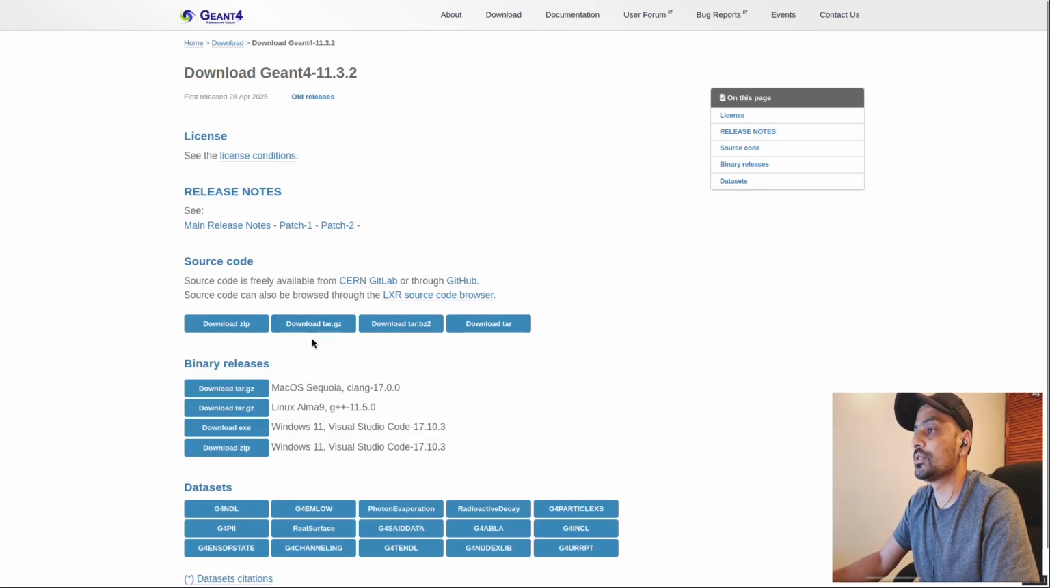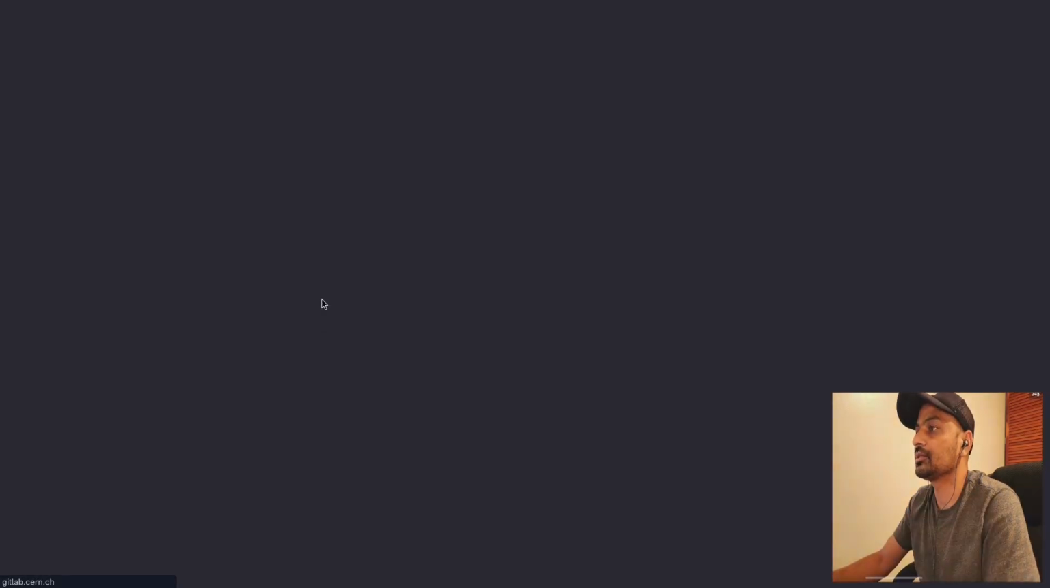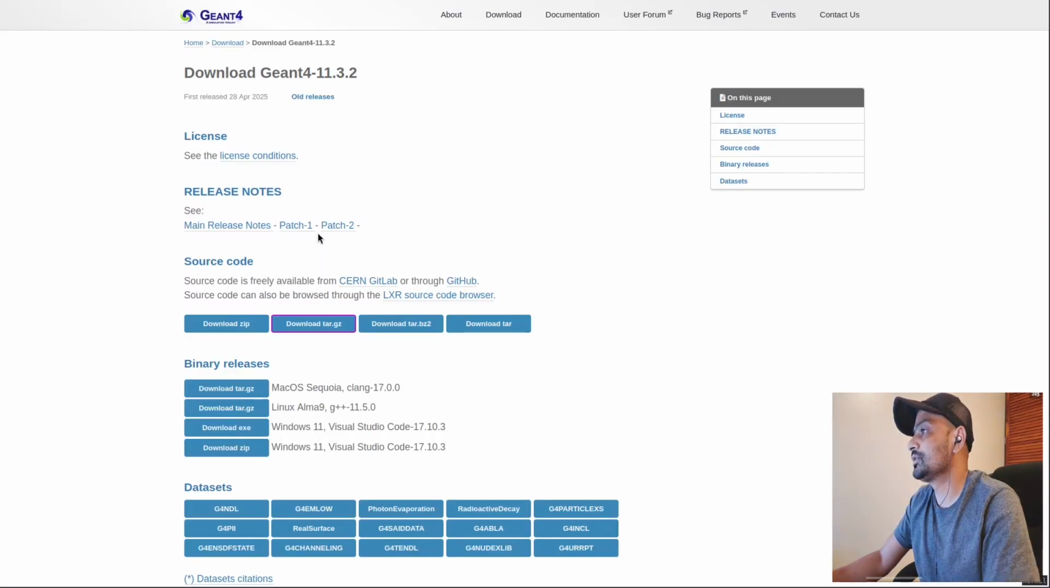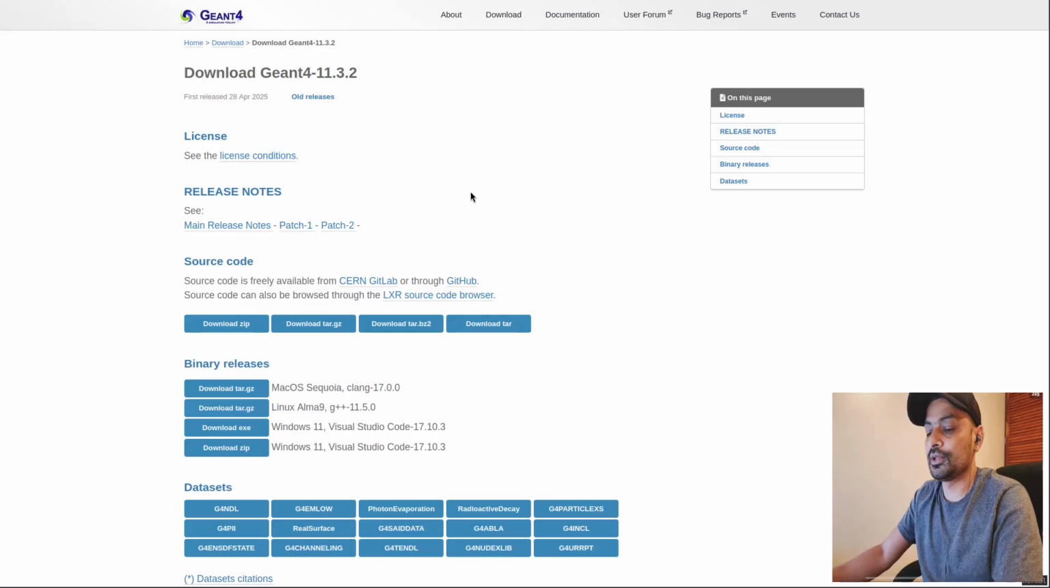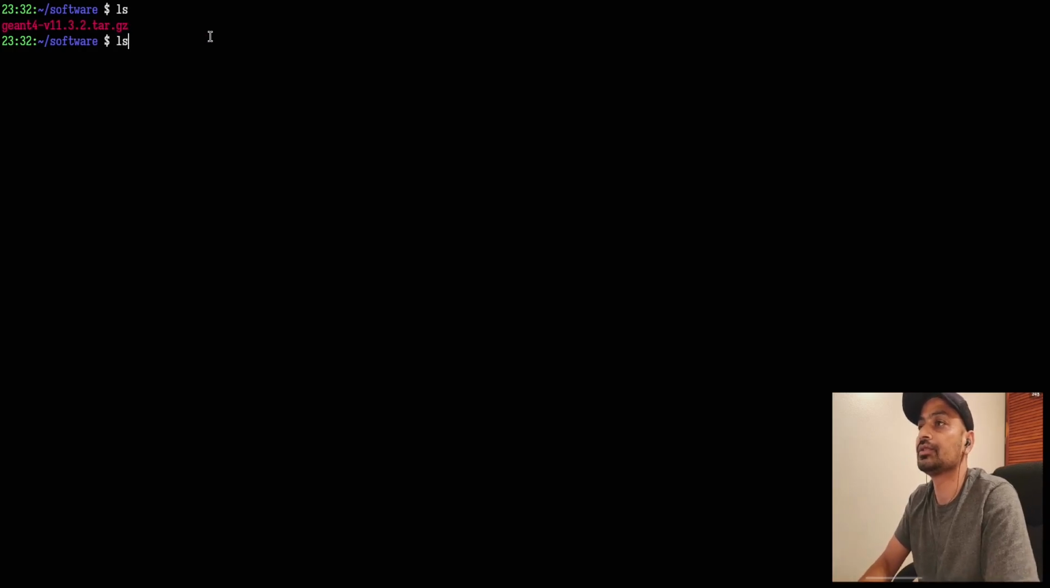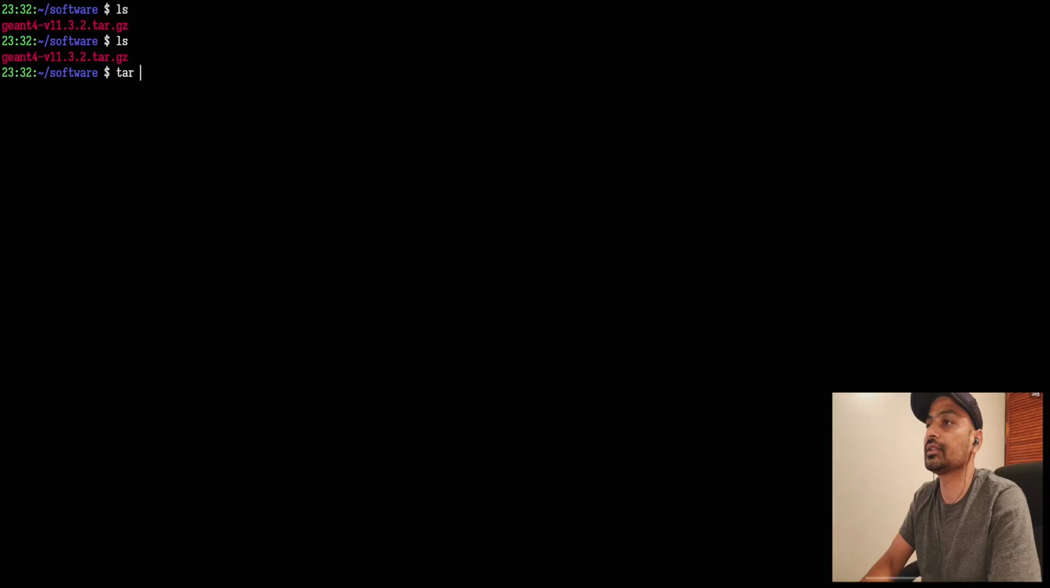The source code is available here. You just right click, or you can just click on download and it will download into your local machine. This will take a couple of minutes. Once this is downloaded, I can go inside where the source code is downloaded. I currently have it here in my software directory, so I can simply untar this with